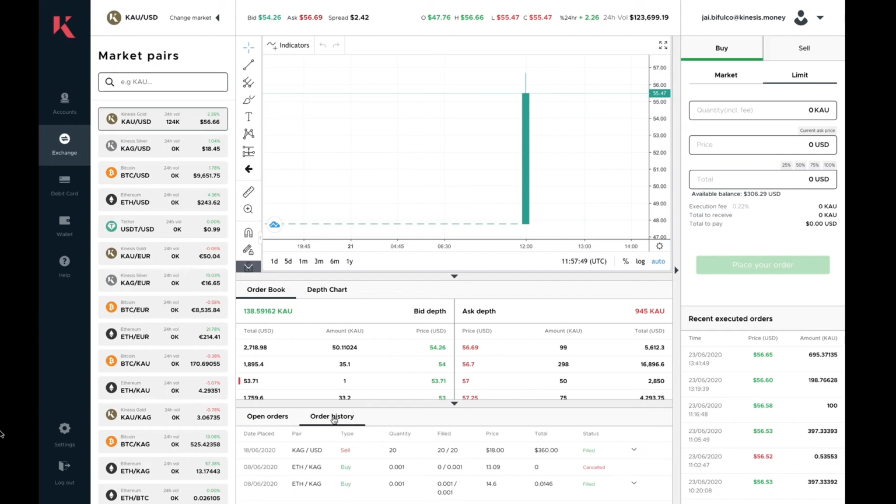The order history now is shown again in a tab on the side, and it will show all your order history here, what was filled, what was cancelled, buy and sell, on what pairs, all the information you need. There is actually a little arrow here which will just show you a little bit more detail on the time it was executed, quantity, price, and obviously here, if you click it, will actually take you